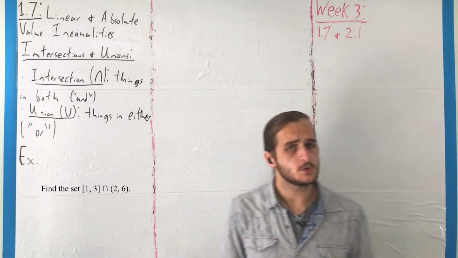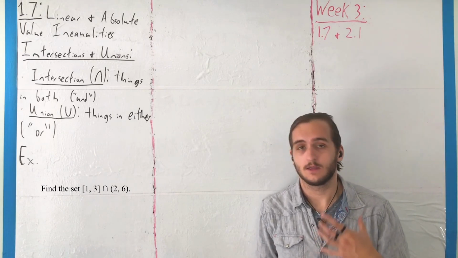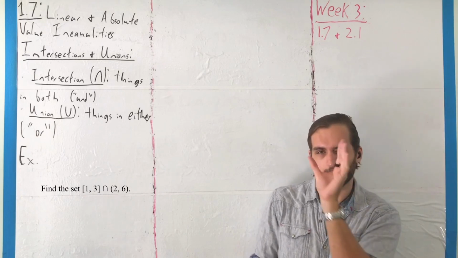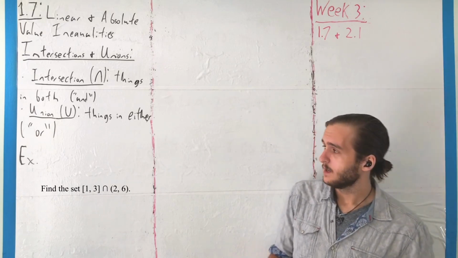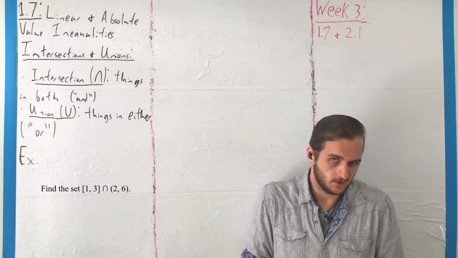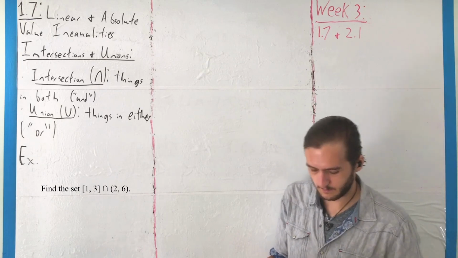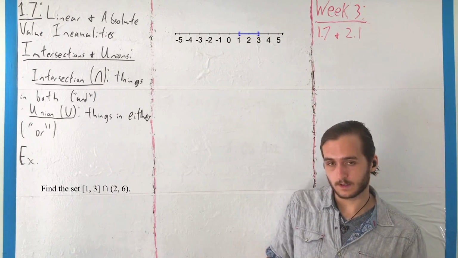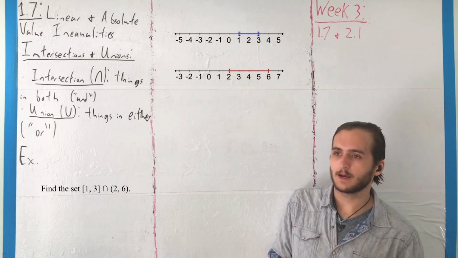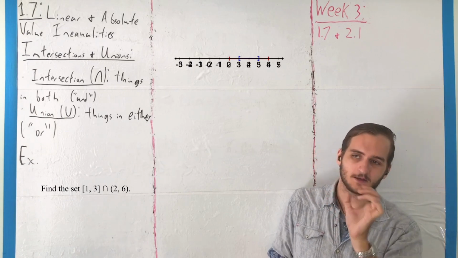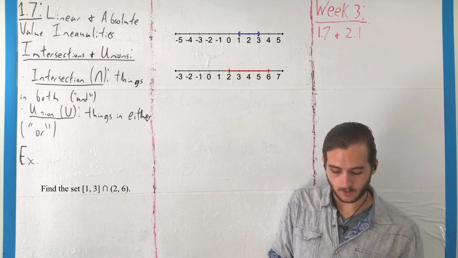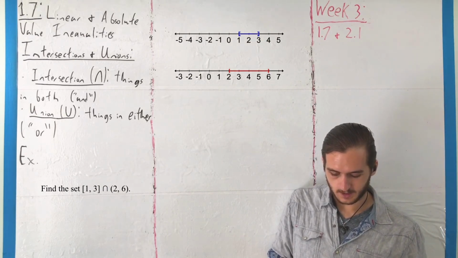So the first thing that we might want to do here in terms of being able to find that intersection, that is, find the overlap between them, thinking in terms of a Venn diagram, this is something like that area shared in the middle. What we would have to do is first figure out what each of these things looks like, what's in each of them. So we might want to make ourselves a number line so we can see what 1 to 3 is, and then we can look at 2 to 6 and compare them, and then we can almost think of squashing them together and just seeing what occurs in both,